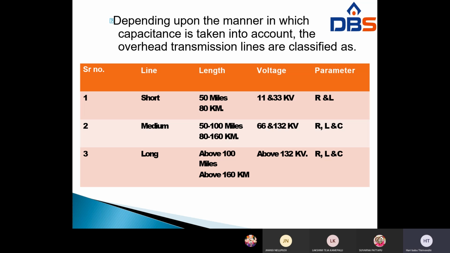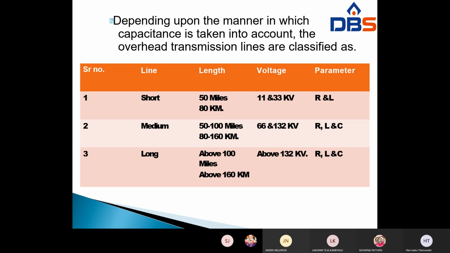Whereas in a medium transmission line, the length is greater than 80 kilometers, that is 80 to 160 kilometers, and voltage is also greater than 66 kV or 132 kV. That's why here the effect of capacitance is considered. Therefore, we have to calculate RLC. For that calculation, the distributed capacitance of the line is divided and lumped as condensers, and that capacitance is shunted across